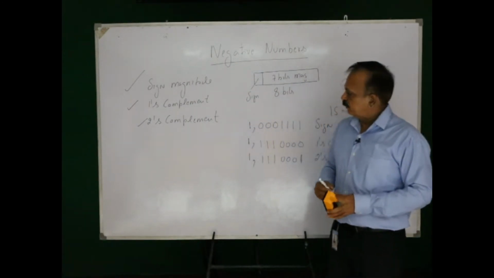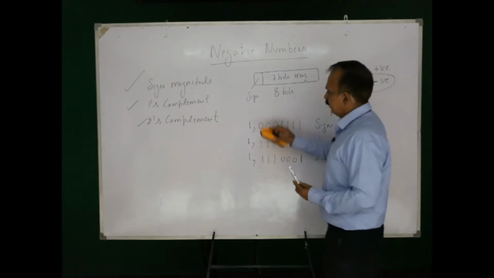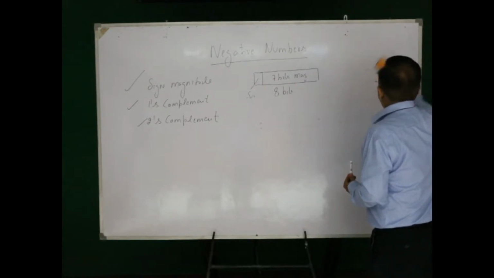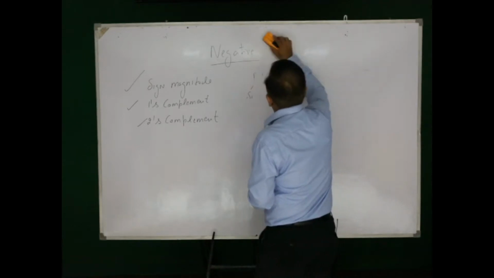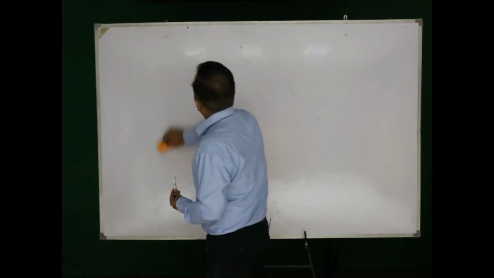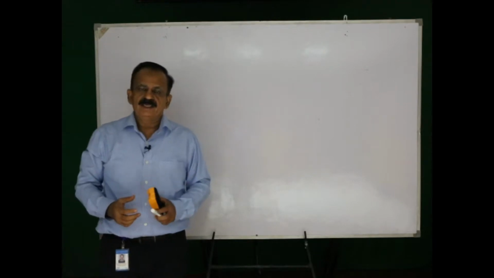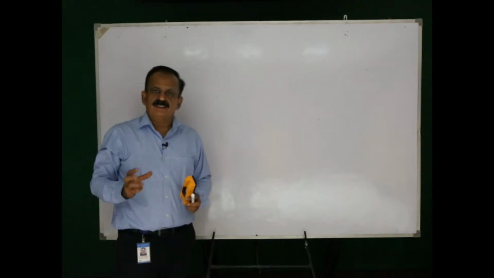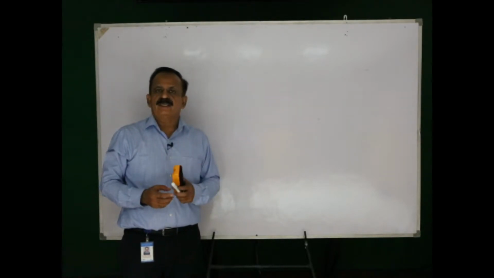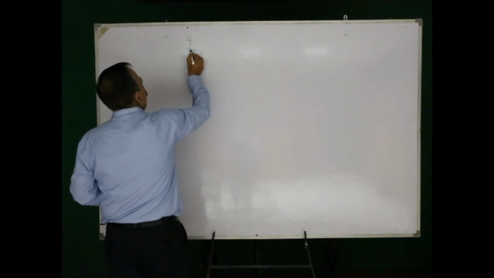Now with this representation we will extend the method of subtraction, that is the 1's and 2's complement method of subtraction. In the previous lecture we discussed how 1's complement and 2's complement are used for subtraction. Now we will take examples of positive and negative numbers, and use them with 1's complement and 2's complement numbers. Say I want to perform the following operations.